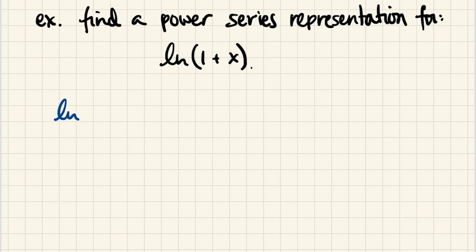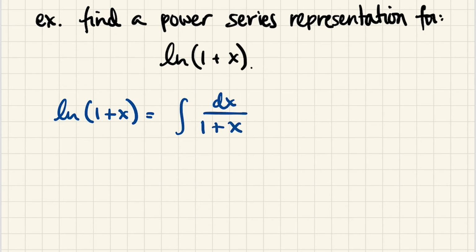For instance, we can say that ln of 1 plus x is an antiderivative of dx over 1 plus x. Now, there is a constant involved, but let's just suppose for the moment that the constant is wrapped up inside the integral. So this is the sum n equals 0 to infinity of negative 1 to the n x to the n